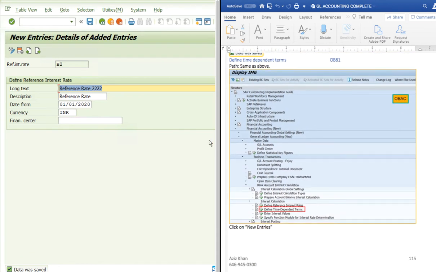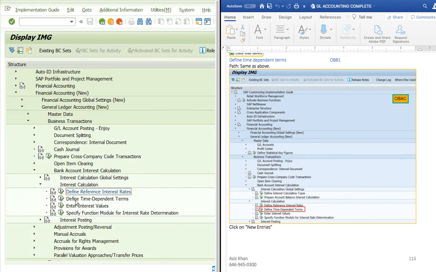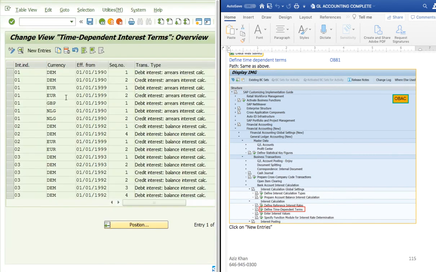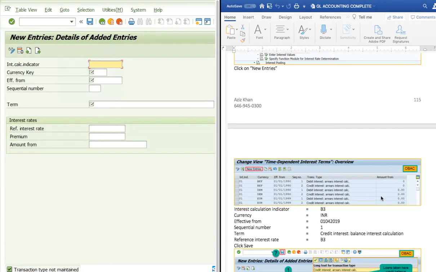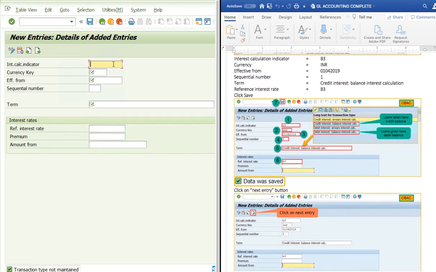Now define time dependent terms. Go back. Time dependent terms. Go to new entries. The T code is OBAC. So I'll give B2. Currency key is INR. Effective from beginning of the year 2020, and sequential number 1, right? Now terms,